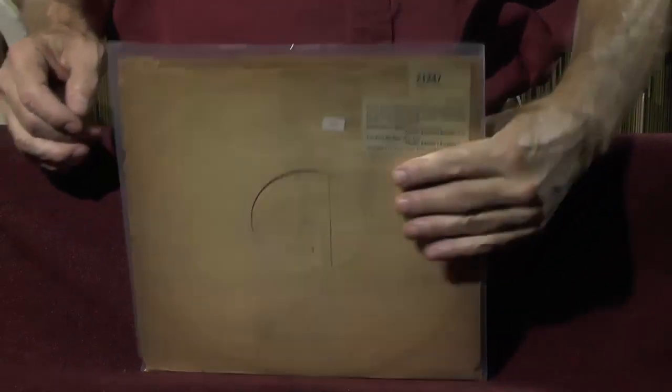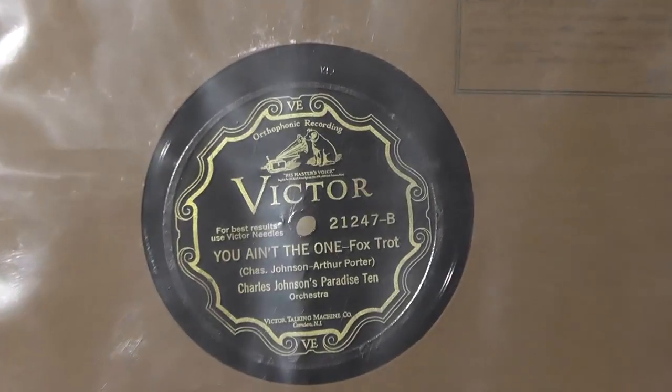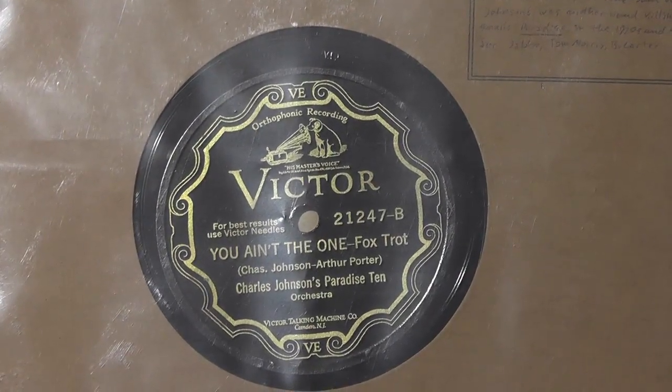7145, another record in its original dealer sleeve. Charlie Johnson's Paradise 10, $300 minimum bid. Did we play that? We did play that one. Good record. Bill Hawley and Puss Donahue,